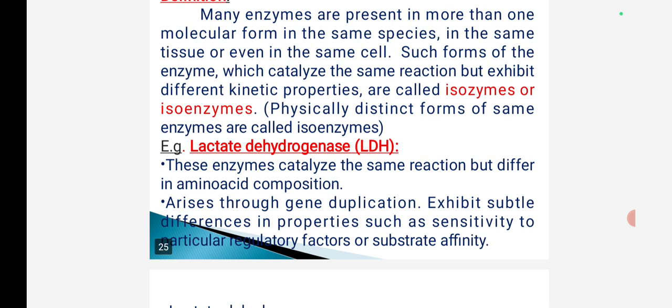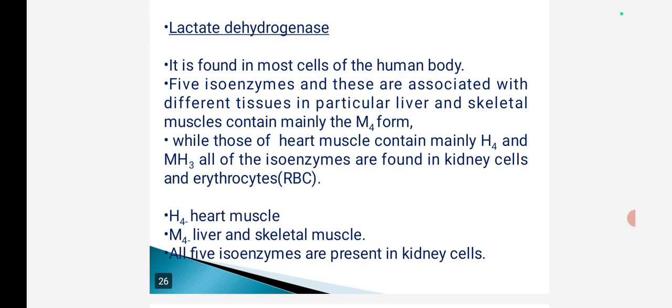Example, lactate dehydrogenase (LDH). These enzymes catalyze the same reaction but differ in amino acid composition. They arise through gene duplication and exhibit subtle differences in properties such as sensitivity to particular regulatory factors or substrate affinity. Lactate dehydrogenase is found in most cells of the human body. There are 5 isoenzymes, associated with different tissues, in particular liver and skeletal muscle containing mainly the M4 form, while